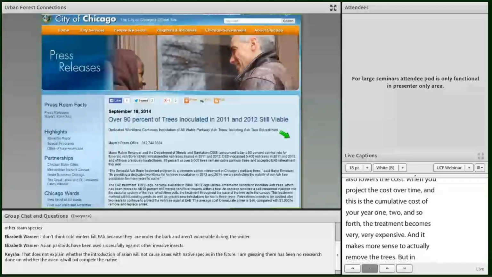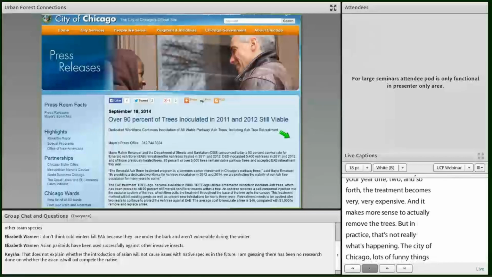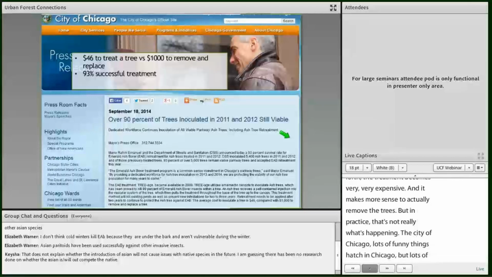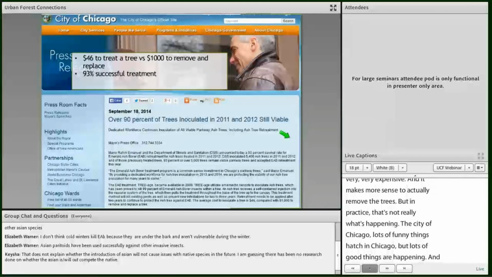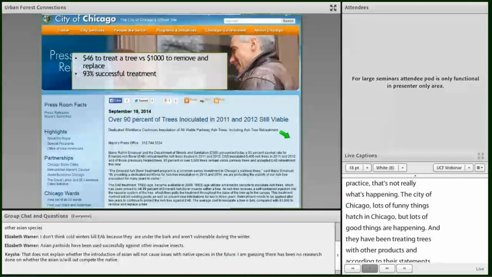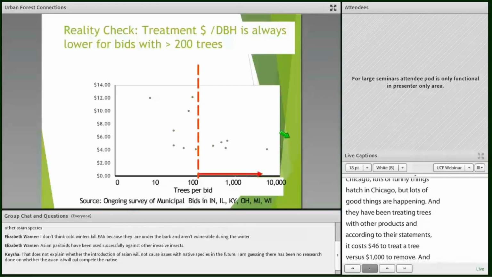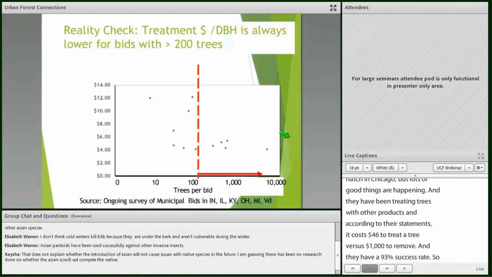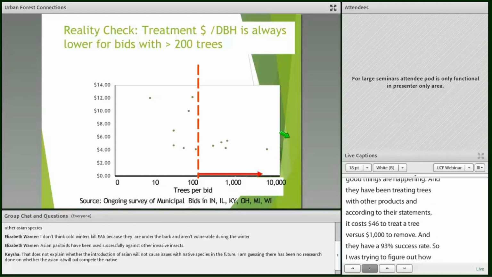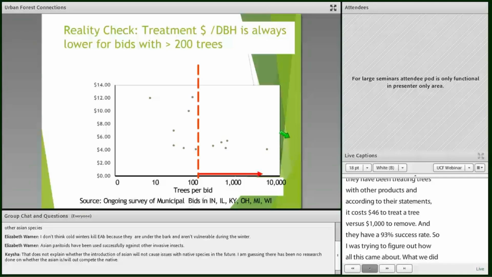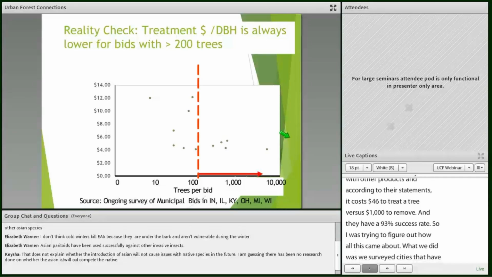And the city of Chicago, lots of funny things happen in Chicago, but lots of good things are happening, and they have been treating their trees with emamectin benzoate, and according to their statements, it costs $46 to treat a tree versus $1,000 to remove, and they have a 93% success rate. So I was trying to figure out how all this came about. So what we did was we surveyed cities that have actually been implementing treatment programs, and I plotted the price per inch, which is this